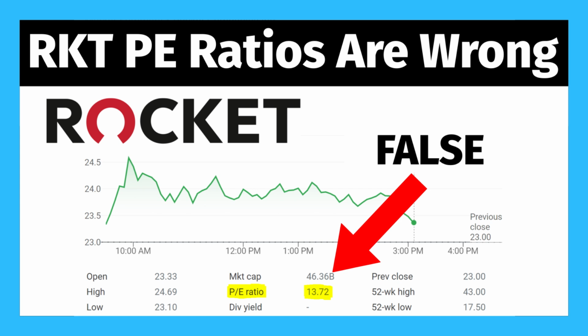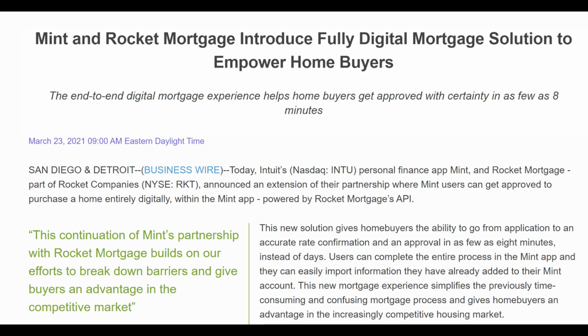I'm going to explain in detail why almost every PE ratio you will find for Rocket Company stock on any website or app is wrong. And I'm also going to touch on some news that we got this morning that's likely contributing to Rocket's upward